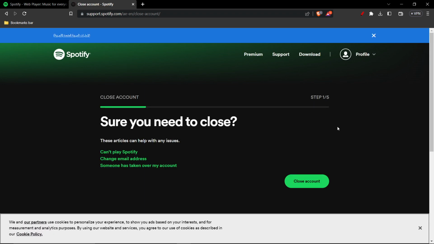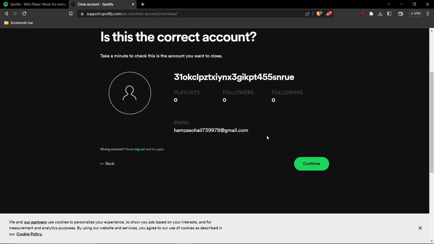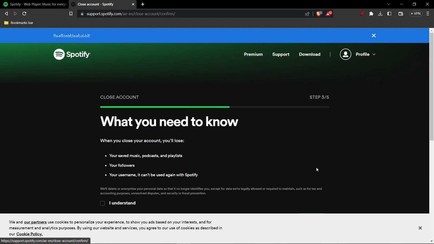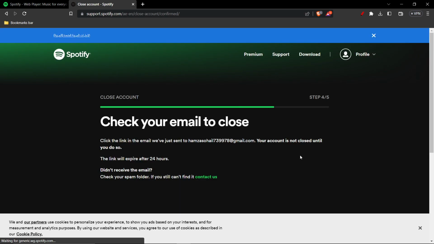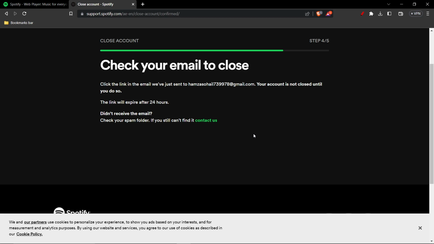Here you have to do 5 steps. First, right click close account, and then click continue, and then click I understand and continue. Now they're going to send some code to your Gmail, and then there you have to click the close your account option. But in my case, I don't want to close my